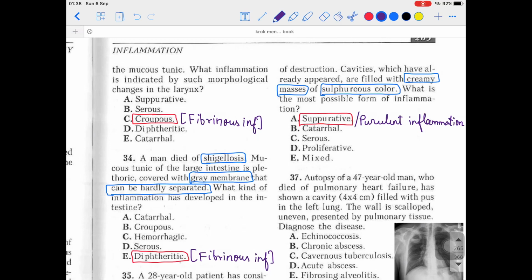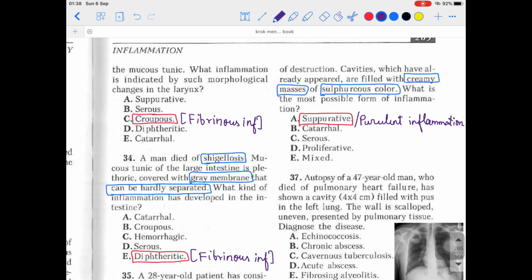Now let me talk about the types. Before the types, it is characterized by the production of a large amount of pus, or purulent exudate. Pus and purulent are the same thing. Now, what are the contents? The number of cells is increasing. For example, necrotic cells can be there, neutrophils can be there, more and more macrophages can be there, and due to that edema can be present in the patient.